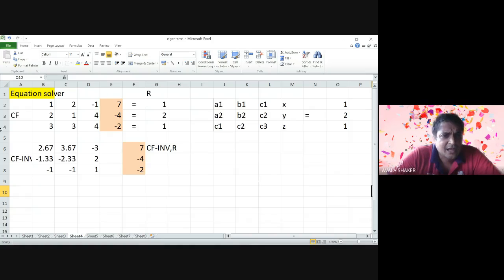So suppose I have the coefficients a1 as 1, okay, b1 as 2, and c1 as -1. So these are all the coefficients. Okay, and these are your unknowns basically, x, y, and z, and this is your right hand side. Okay, so let us put